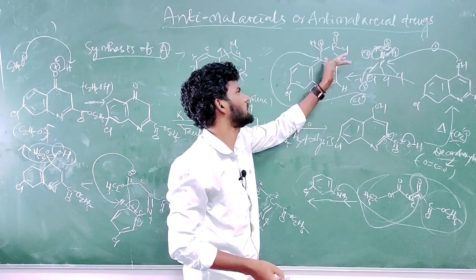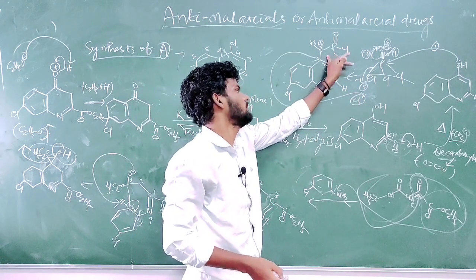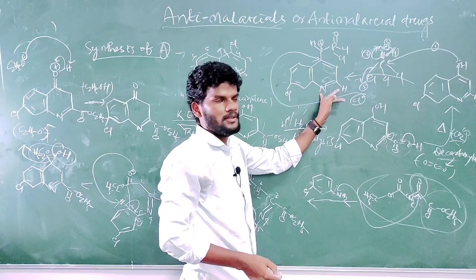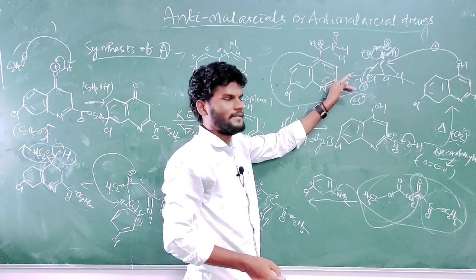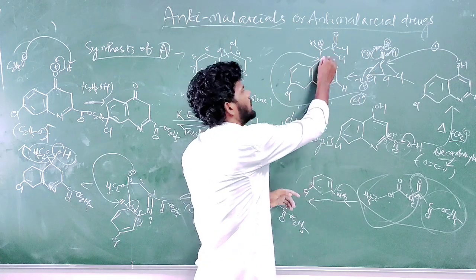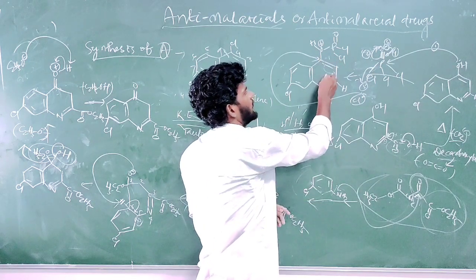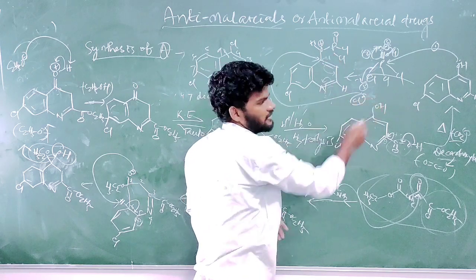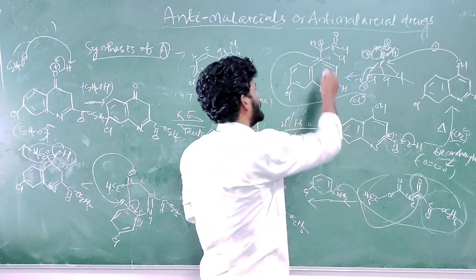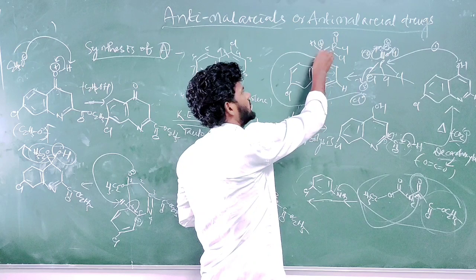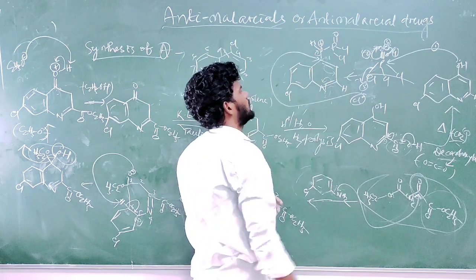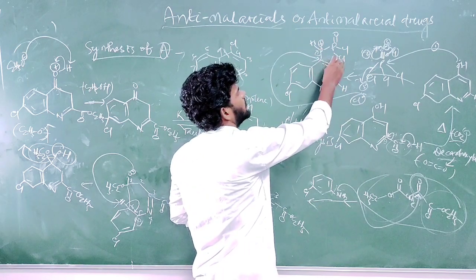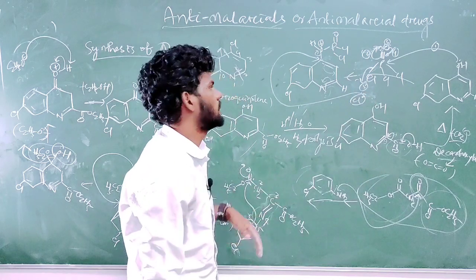Chlorine first adds to this carbon atom, then the bond moves over to nitrogen. When the bond returns back again, here chlorine will be attached. When it returns back again, the chlorine group will not leave, so it will go in the backward direction. Oxygen is electron deficient, so this bond moves over to oxygen. Okay, so this is the addition-elimination reaction.